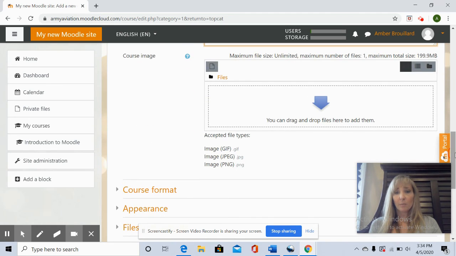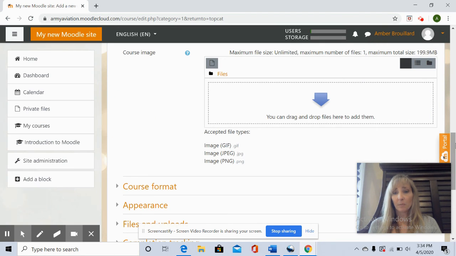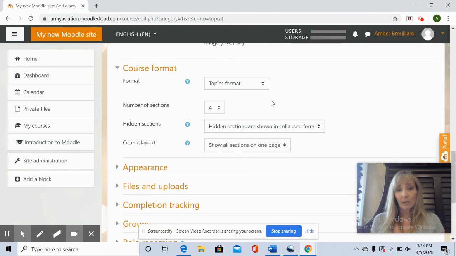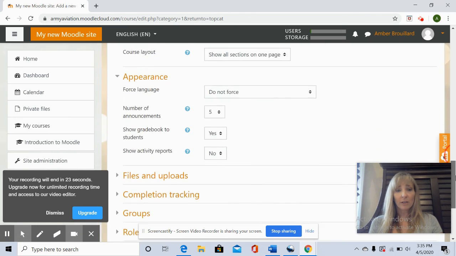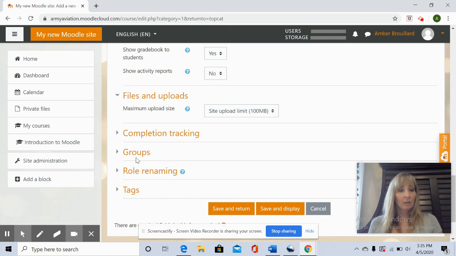And just like most other things, you can just drag and drop. If you have them over here, you can just drag them over here. You can upload them. It gives you a variety of different ways. And here you can click on your format, how many sections you want. So over time, I'll probably have more than one. And then here your appearances, however you want your site to look, more files and uploads, different roles and groups, however you want to do that. And so this has been a